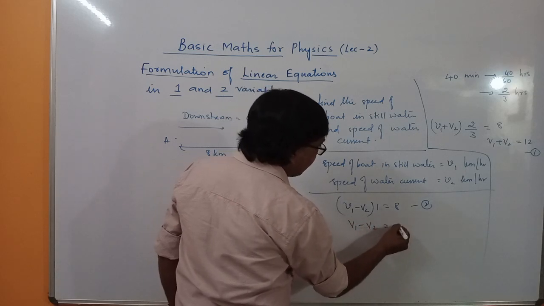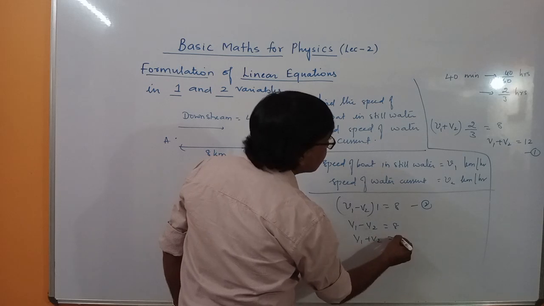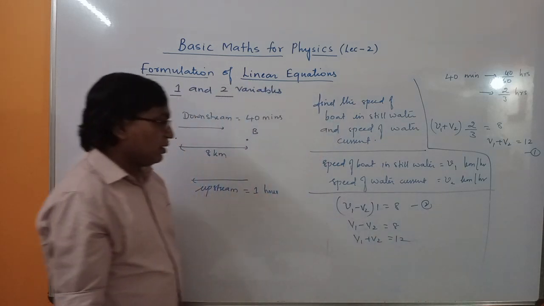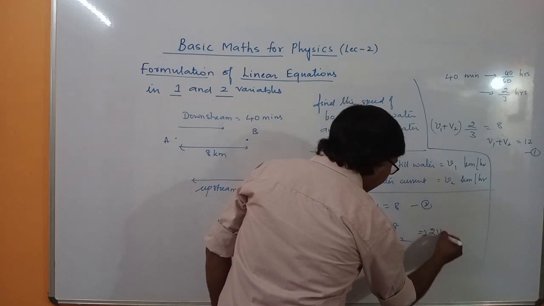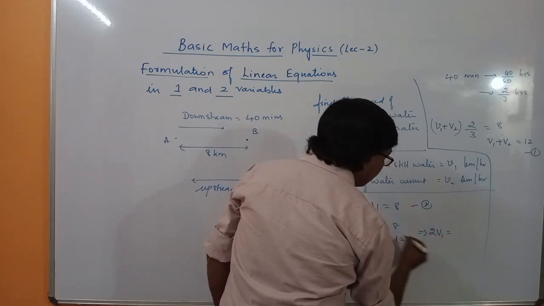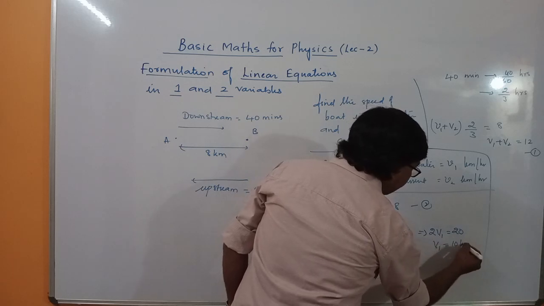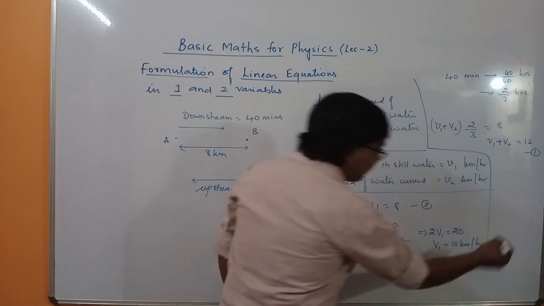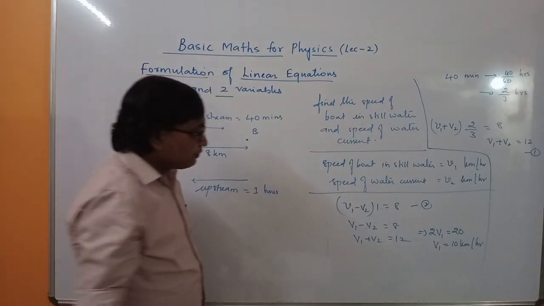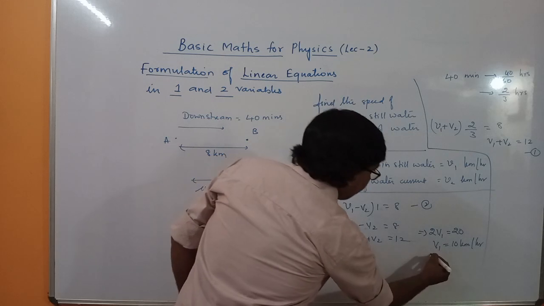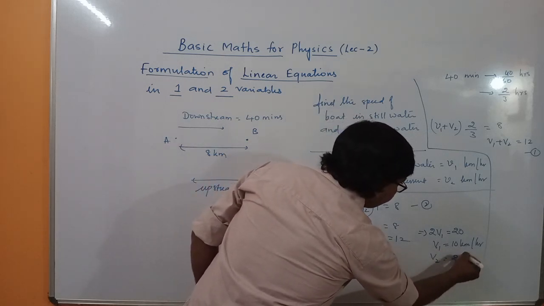V1 minus V2 is 8 and V1 plus V2 is 12. If we solve, we will get 2V1 is equal to 20. So V1 is 10 kilometer per hour. Then V2 will be 2. V2 is 2 kilometer